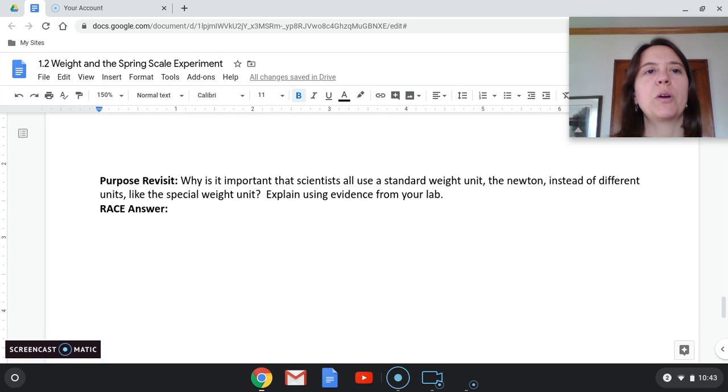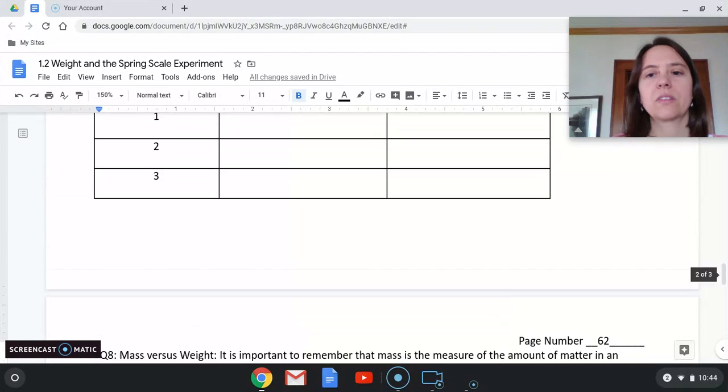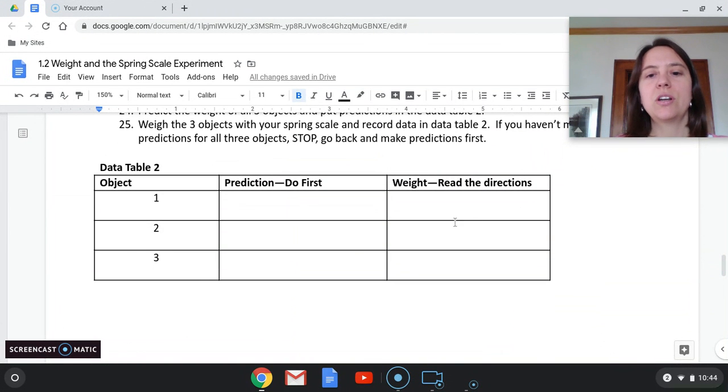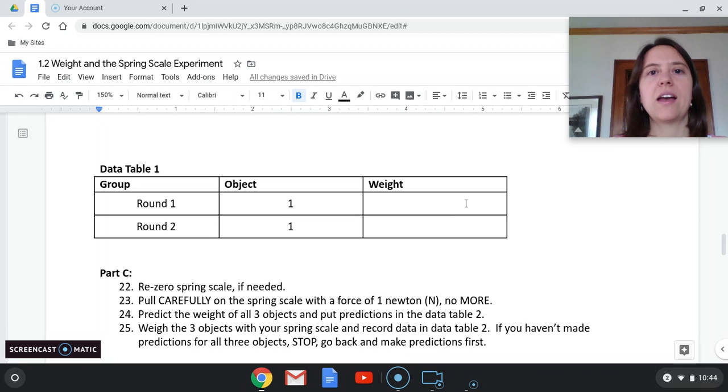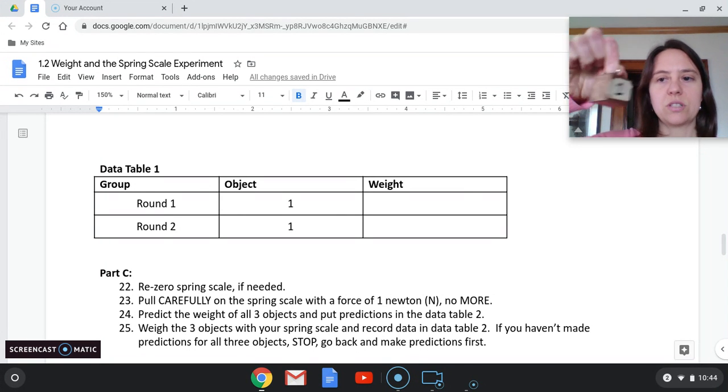Moving on to the purpose revisit. Why is it important that all scientists use a standard weight unit, the newton, instead of different units like the special weight unit, and explain using evidence from our lab? So we measured the weight of objects using our standard weight unit, newtons, and then previously we had measured the weight of an object using